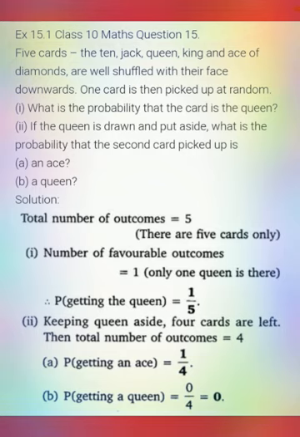And again there is a B part question. What is the probability of getting a queen? Already the queen card has been kept aside. It has been removed from the 5 cards. Only 4 cards remain, so there is no chance of getting a queen from that. So it's an impossible event. So 0 by 4, and the probability is 0. Okay. Now let us move on to question number 16.